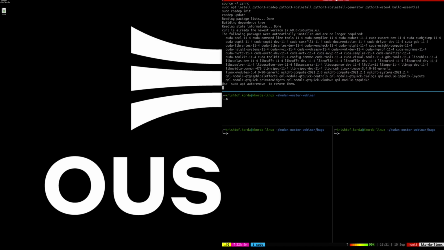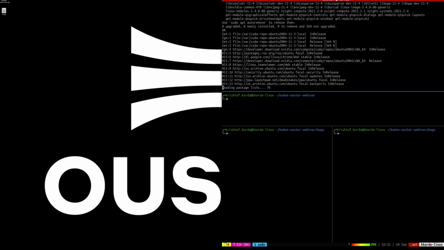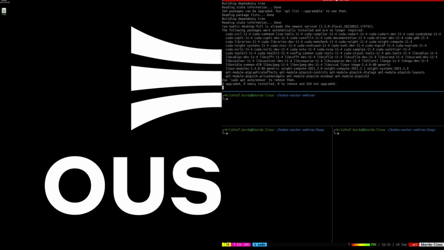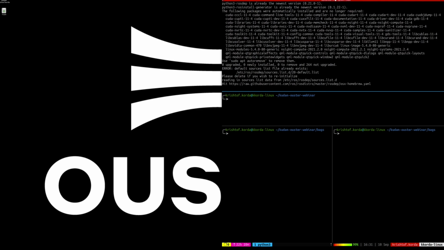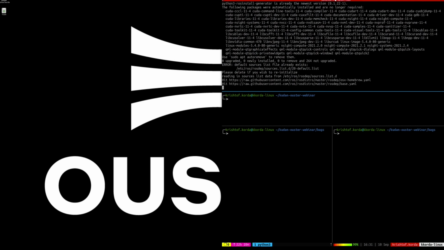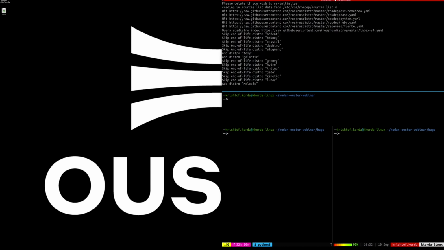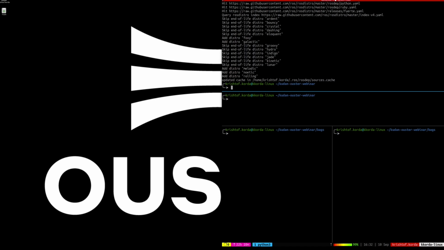So it's basically going to add the package list. It's going to find all the packages that it needs from the repo. It's going to install all of them. Any dependencies are going to be searched for and installed as well. If you've already pre-installed it, it will throw an error that you already have a distribution list, but that's totally fine. So once this wraps up, then it looks like we are